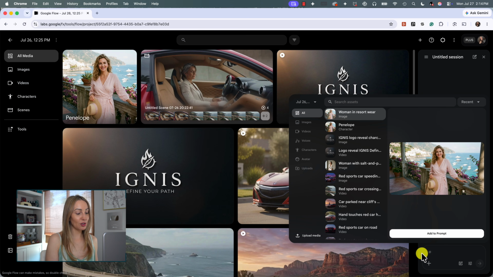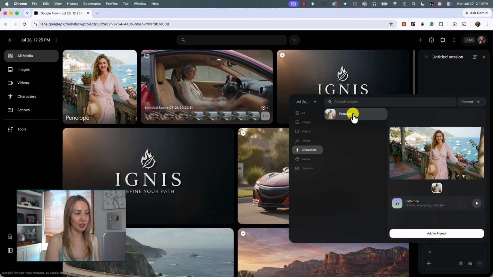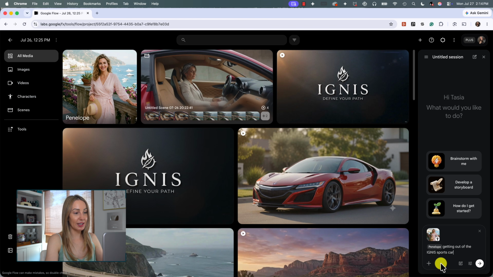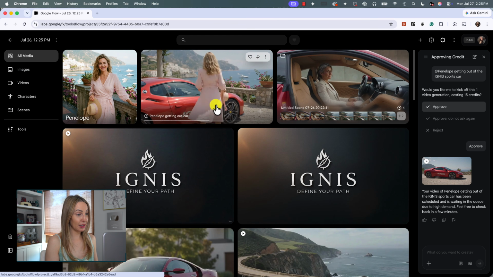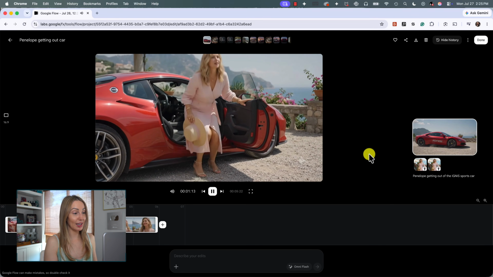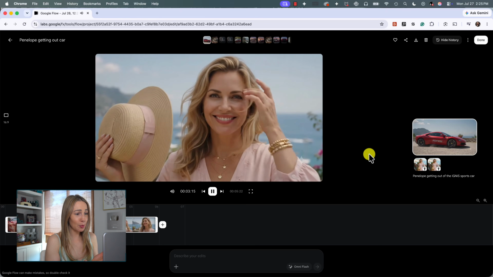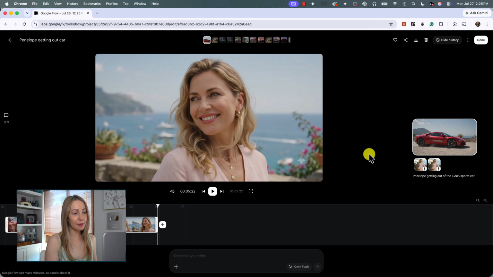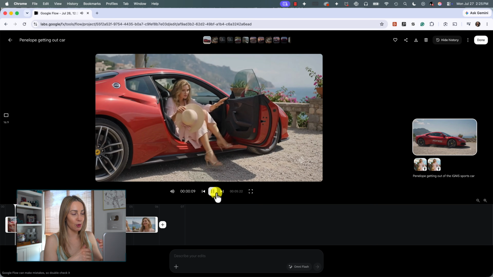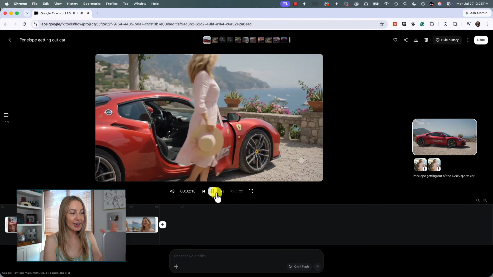Now let's actually see our character in a video. In the prompt bar, I'll type the @ symbol to bring up the media selector. Here we can click on Characters and grab Penelope. I just clicked to do that. I'm going to ask for Penelope getting out of the sports car. And here's Penelope, who we created, actually getting out of that car. And it's done a pretty great job of keeping Penelope's character for us. And you can really get a feel here for how this character would remain consistent throughout any and all